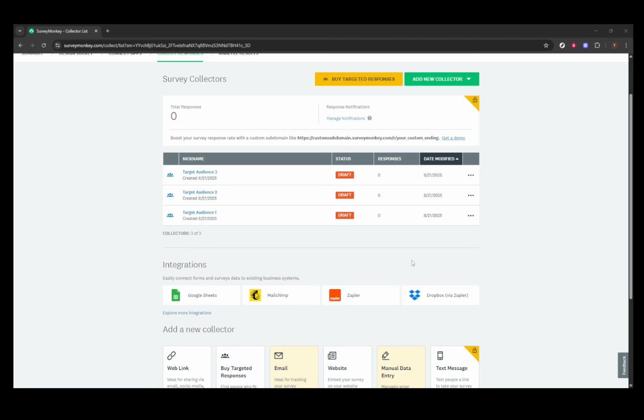To do this, locate the three little dots next to the collector you wish to close. This is an action menu that provides several options you can take with the collector. When you click these dots, a drop-down menu will appear. What you need to do now is select the option that allows you to delete the collector. By selecting Delete, you effectively stop that collector from capturing any additional responses, ensuring your survey data remains static from